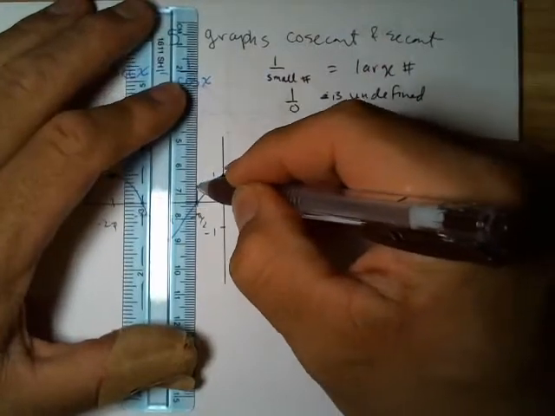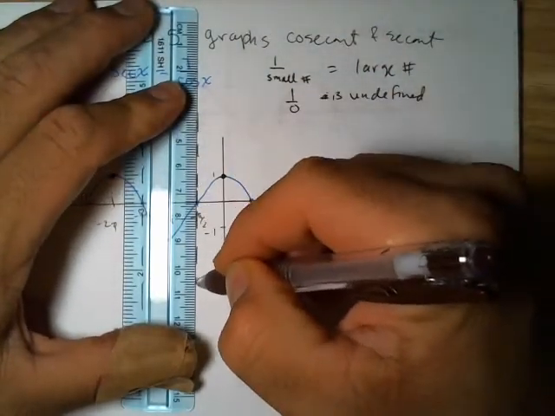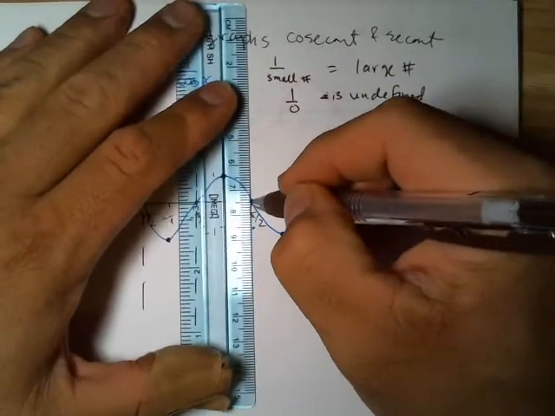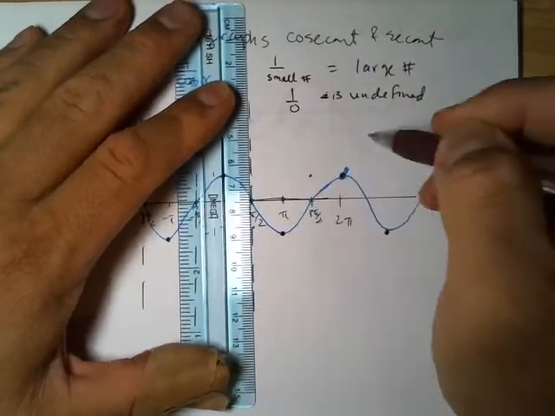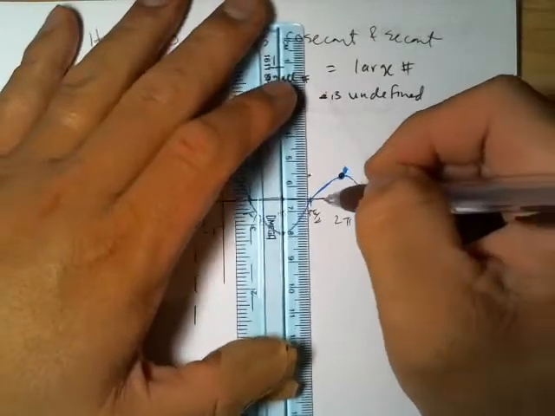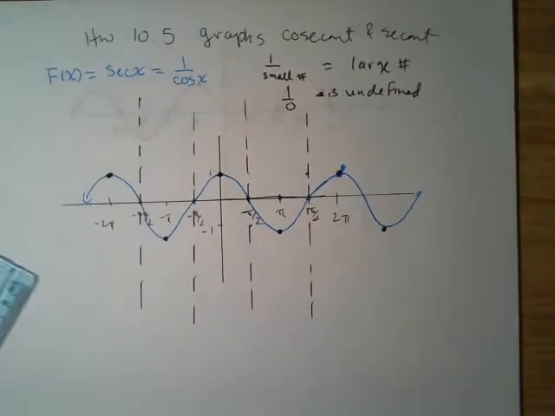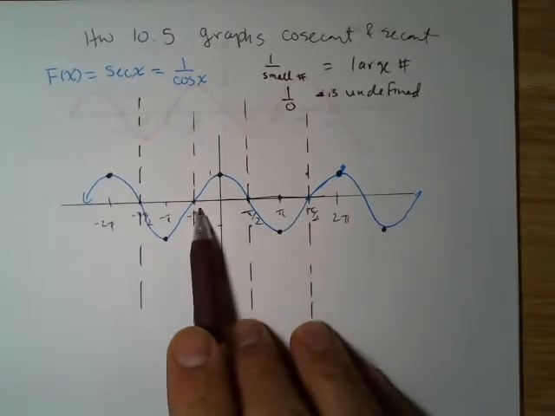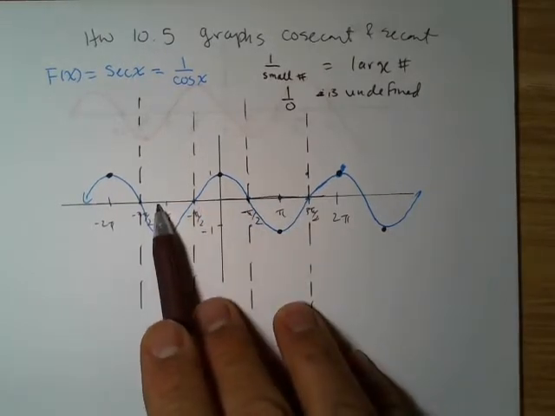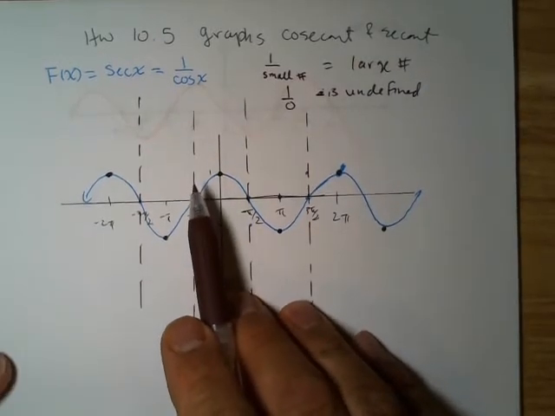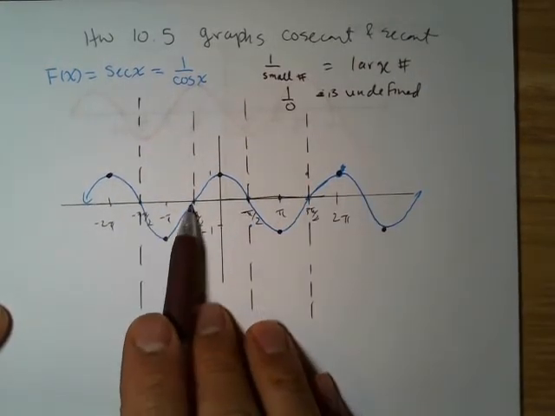between the secant and our cosine function, is this idea that the domain is not going to be all real numbers. Wherever the cosine crosses the x-axis, that's going to be an asymptote, or a place where the graph of the secant is undefined. And we see that this happens, the space between them, more importantly, when we define the domain and the range,